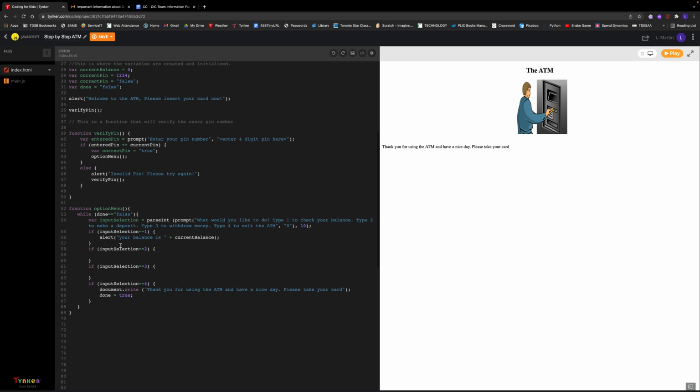So in the next video, we're going to go ahead and tackle the 2 that have some equations involved. What happens if somebody deposits money? How do we make sure the balance is updated? And what happens if they withdraw money? And when they withdraw money, do they actually have enough money that they can withdraw? What happens if they try to withdraw more than they have? That's what we're going to get into in the